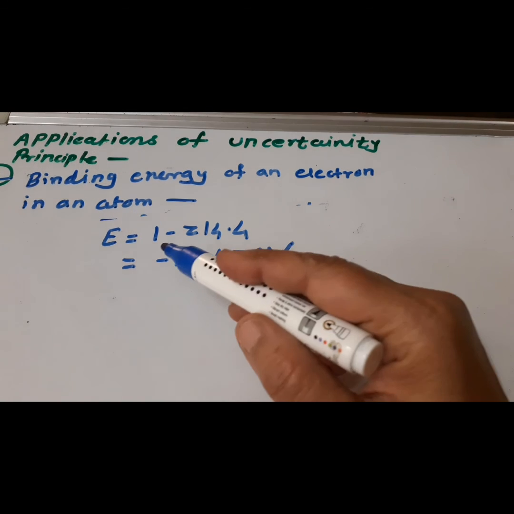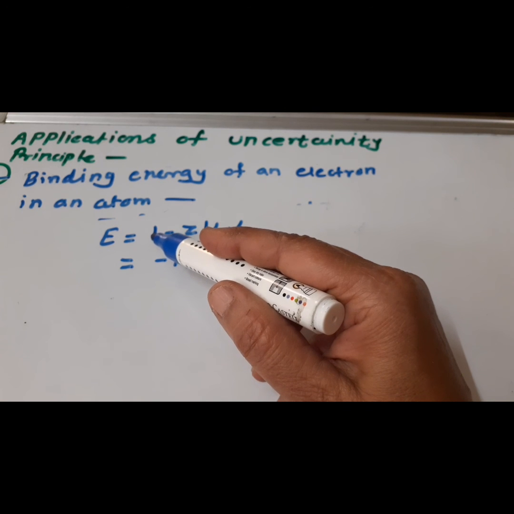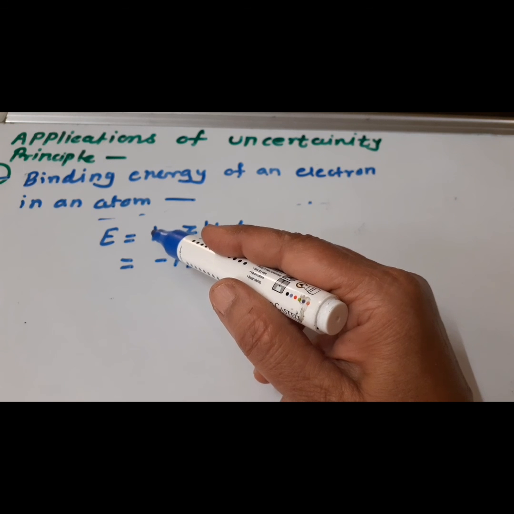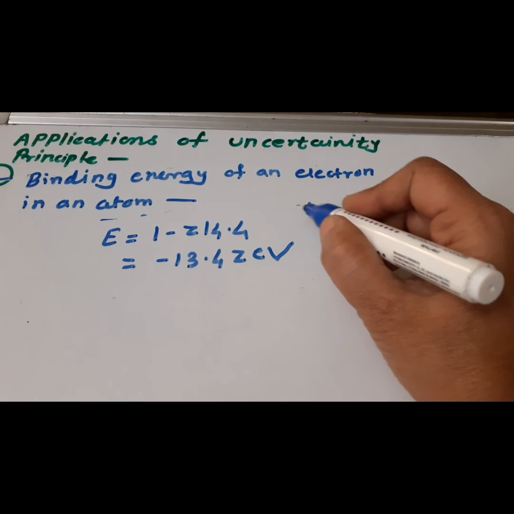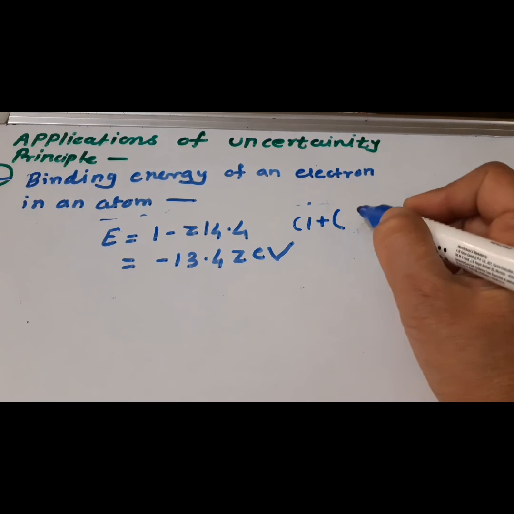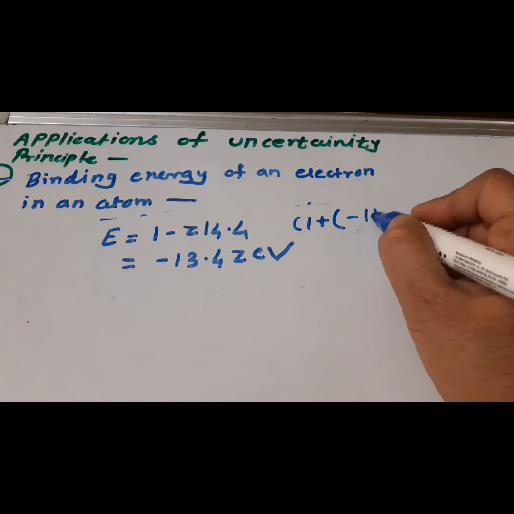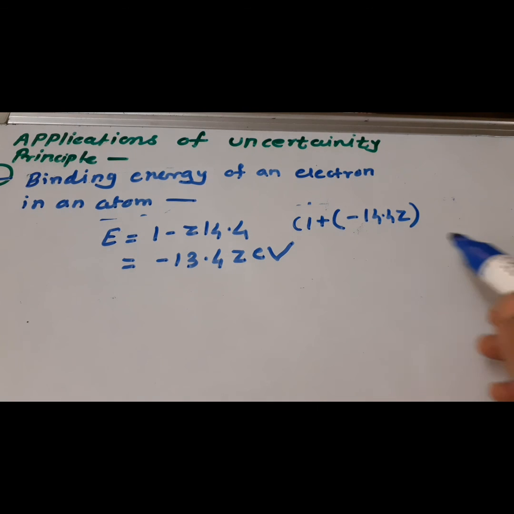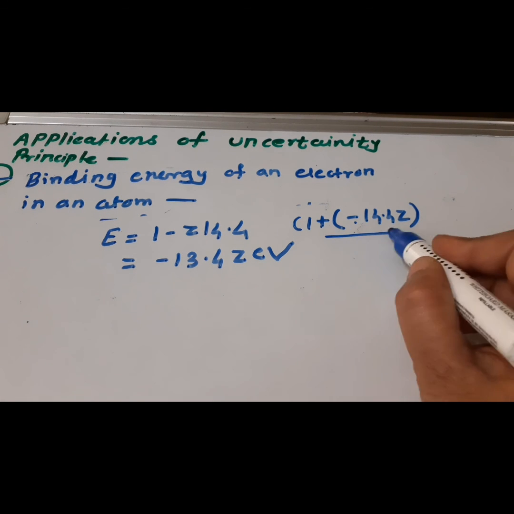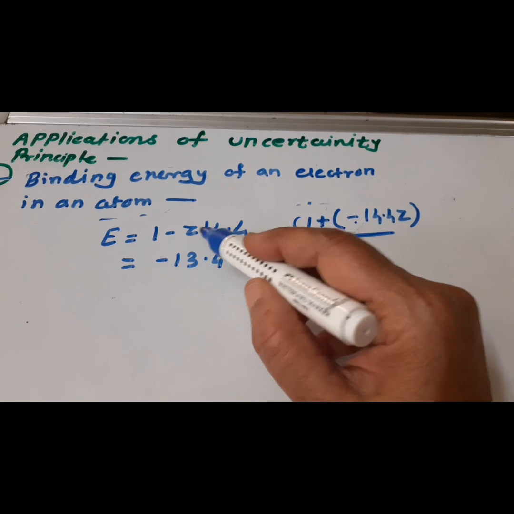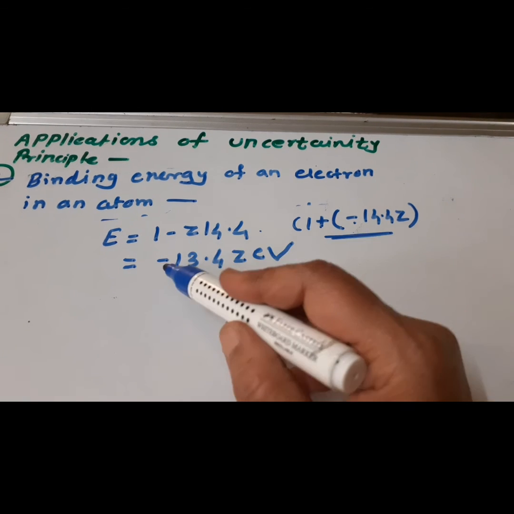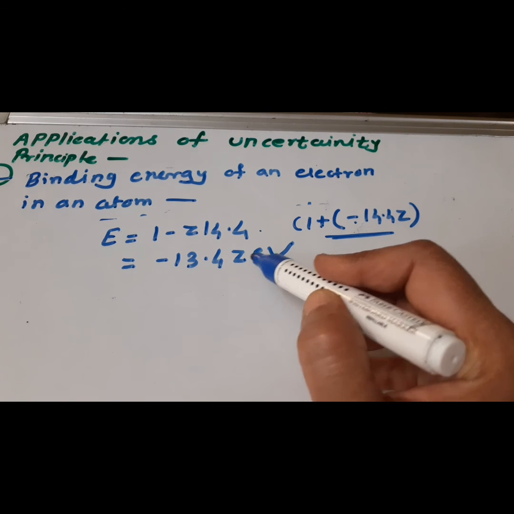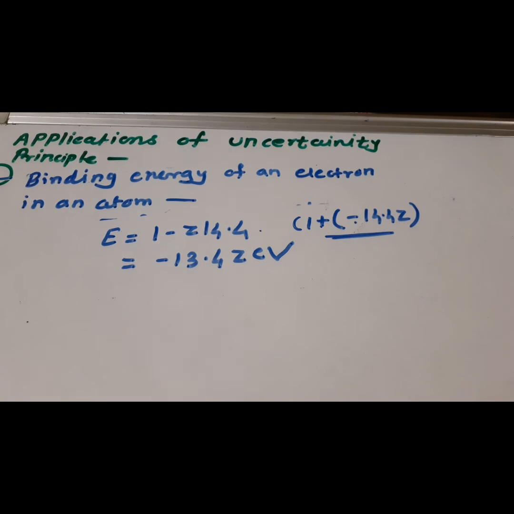See here, kinetic energy is 0.937, that is approximately 1. So kinetic energy is 1 plus potential energy, that is 1 plus minus 14.4 Z, isn't it? So the plus and the minus make it minus, so 1 minus Z into 14.4. Therefore, 1 minus 14.4 means that is minus 13.4 Z electron volt. Suppose here we have to consider